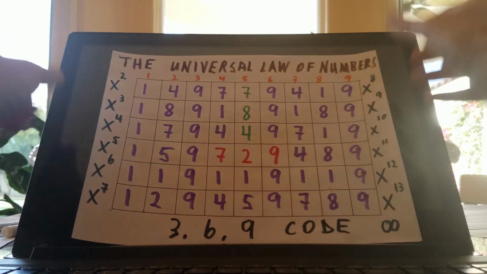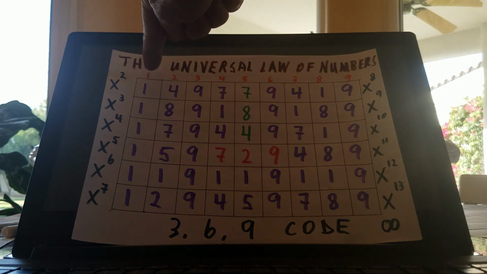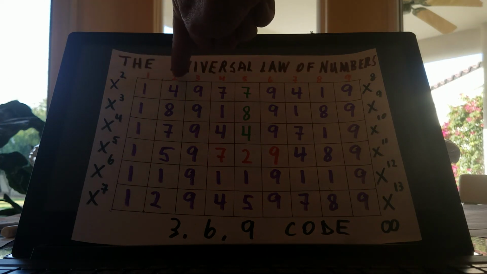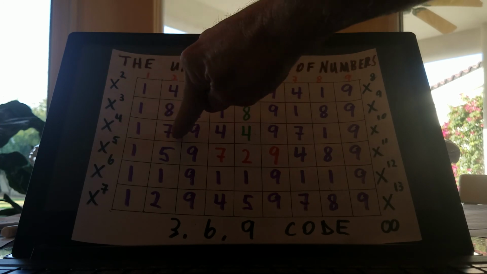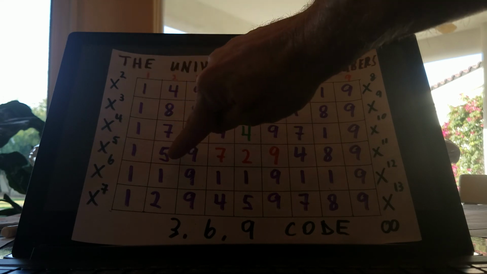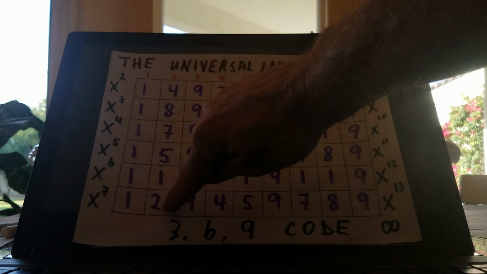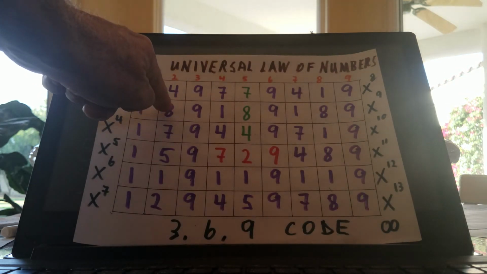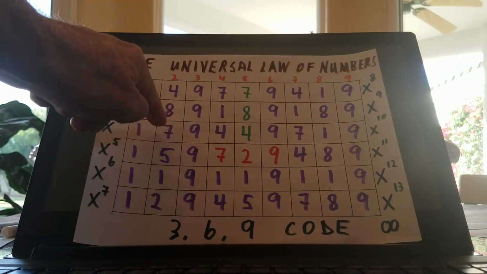It's the Universal Law of Numbers code, and it is the universe, and it is the law of nature, and it's us. Because we, both all of us, you and I, everyone else, we were conceived and we were one cell. And then we became 2 cells. And then that split and it became 4 cells. And it split and it became 8 cells. And it split and it became 16 cells, and 1 and 6 is 7. It split and it became 32 cells, split 64 cells, split 128 cells, split 256 cells, split 512 cells, split